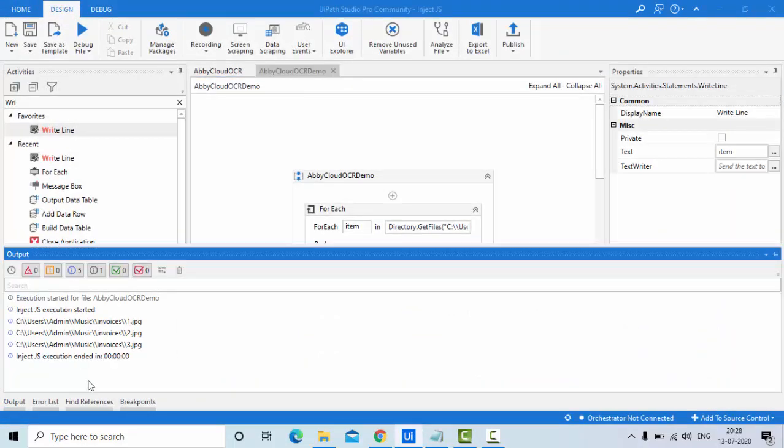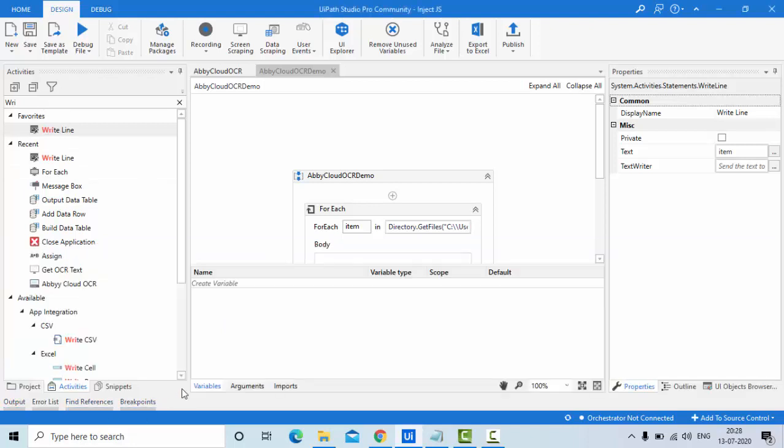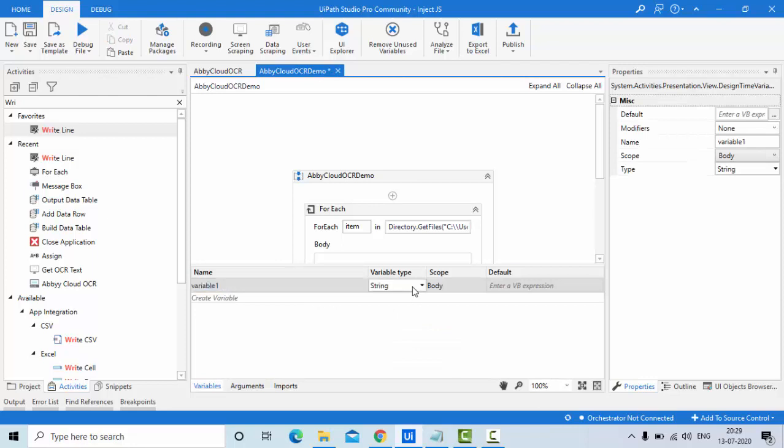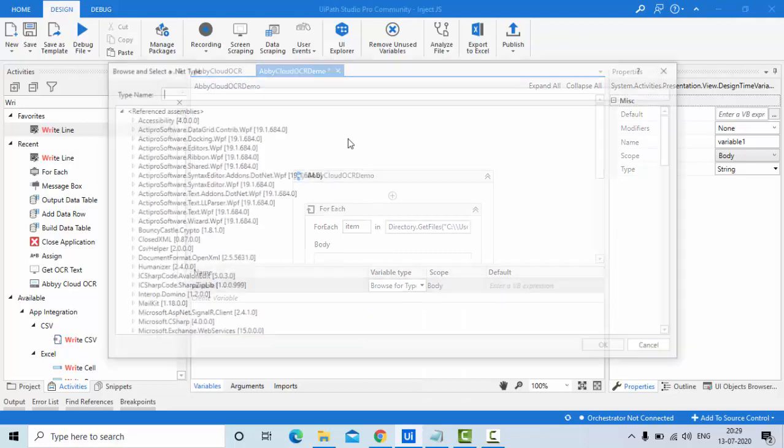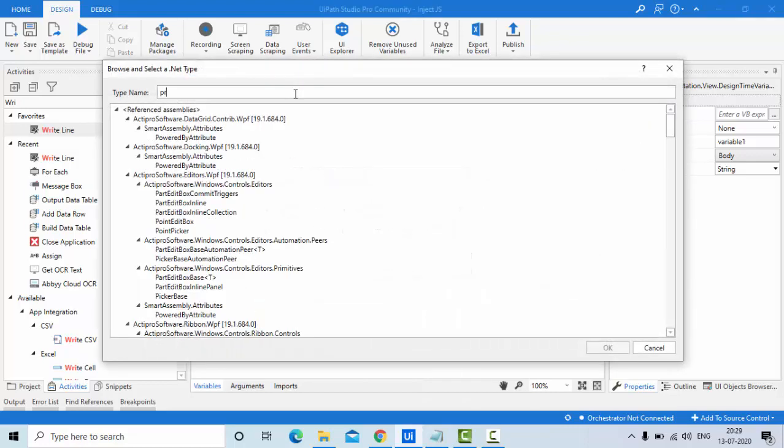Now you can see we have these files, and I want to load each one at a time and close it. In order to load this, I'll take one variable of type Process. Under variable type, browse for types and type Process.